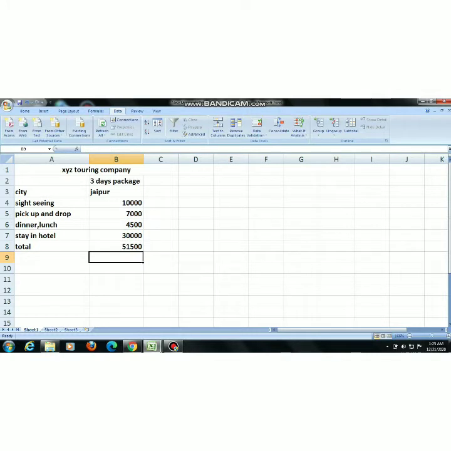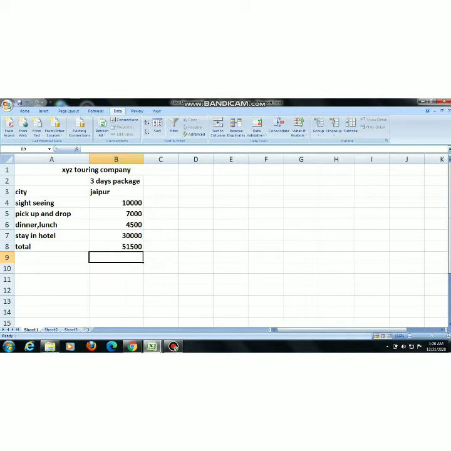Now you come here and ask me, ma'am, do you have any traveling package in the range of 45,000 to 70,000? This is your budget, which means this is your scenario. So according to your requirement, here I am creating a scenario. By this you can easily do the comparison. I will show how we can create a scenario.